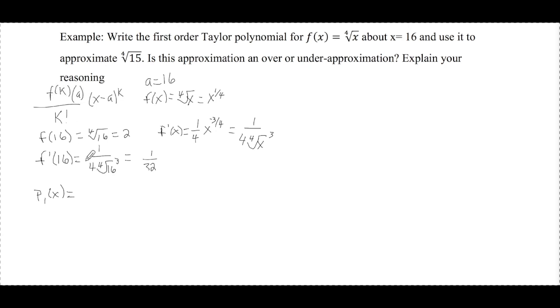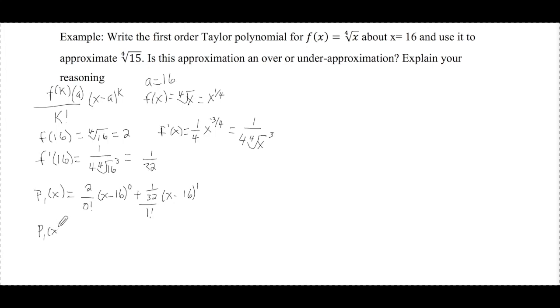It's going to be the 0th derivative at a, so that's 2, over, I'm in my 0th term, so it's 0 factorial, times x minus a, which in this case is 16, to the 0th power, plus. Then I move on to my next derivative, my first derivative. This will be 1/32 over, I'm in my first term now, so 1 factorial, times x minus 16 to the first power. All right, simplifying this, I get p sub 1